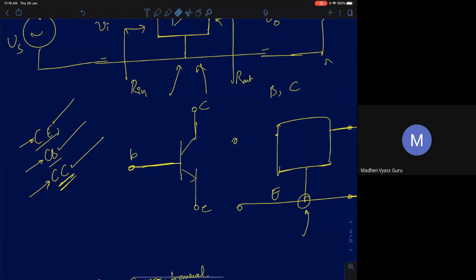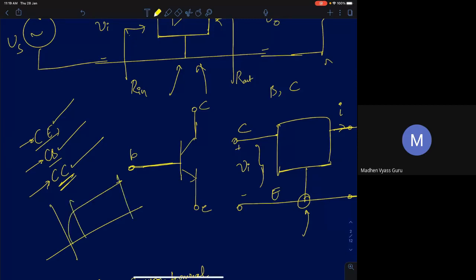Let's assume your collector is the input. If collector is the input, we know BJT behaves as an amplifier in the active region. If I apply an input here, which means I am varying the collector to emitter voltage, will there be any change in the current here, the base current or any other current at the output? No change, right? Because we saw from the graph, even if you change the collector emitter voltage, your collector current doesn't change. So I want an output current generated that is in proportion to the input voltage. So I can't use collector as an input.